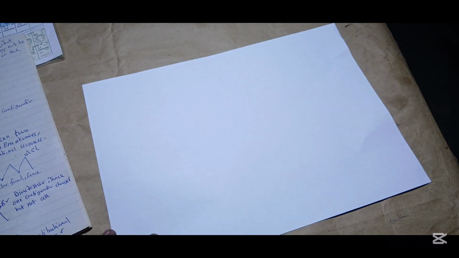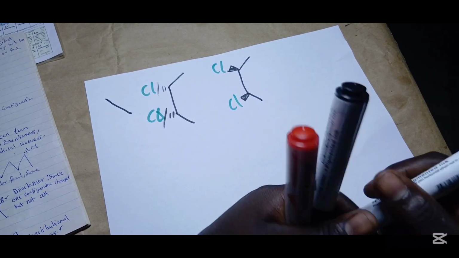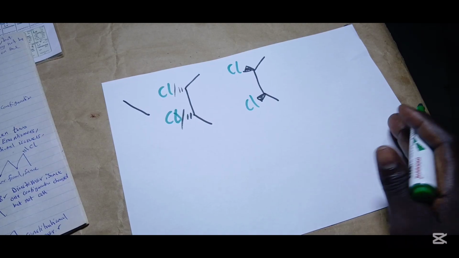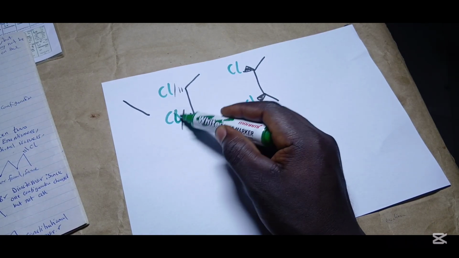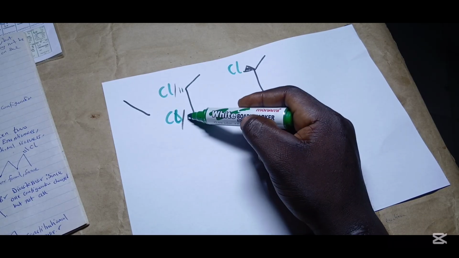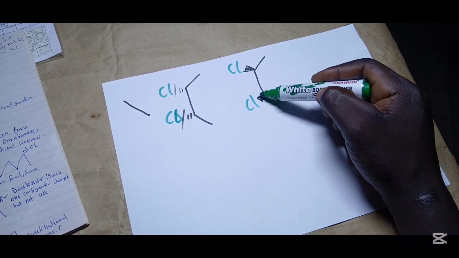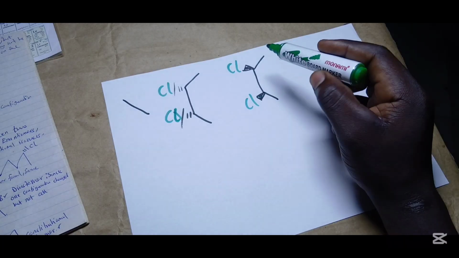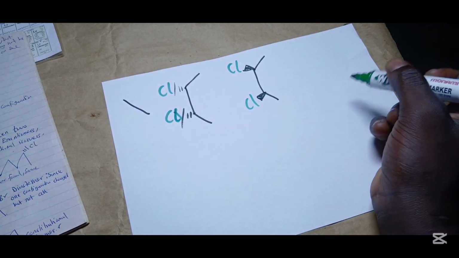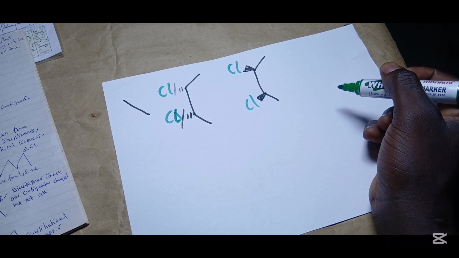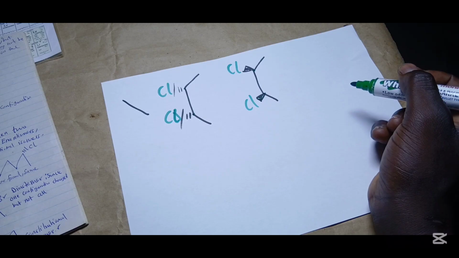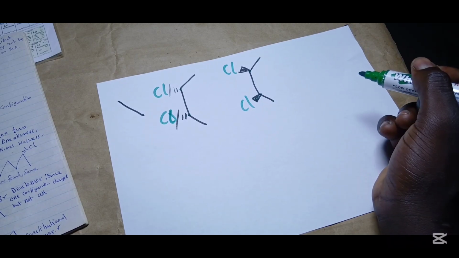Let's look at this. What is the relationship between these two molecules? You will see that they all have chlorine here, but what is happening? Here they were all on the dash wedge, but here they are on the solid wedge. What is happening? You will see that this carbon atom here is chiral, this is chiral, this is chiral, this is chiral. But don't forget the line of symmetry. The molecule may have chiral centers and still not be chiral,